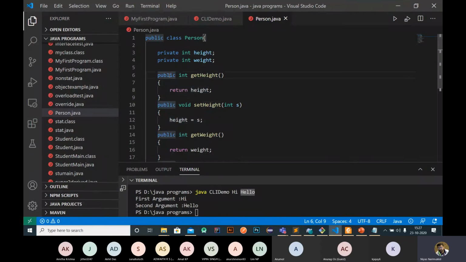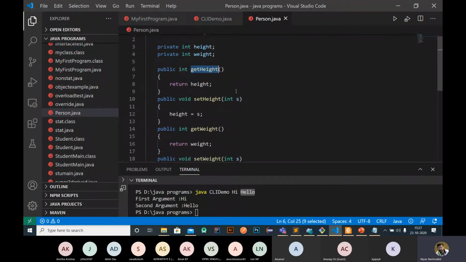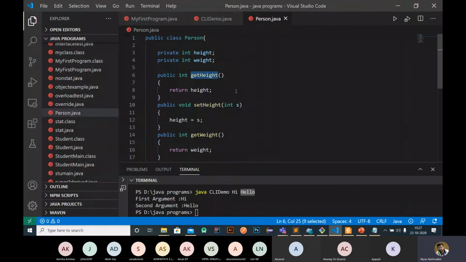One method is for getting the value of the variable, and another method is for setting the value. Setting means we assign some value to the variable. For that we use set height, and to get the height we use get height, like this. Okay, so this is our class person. Now I will create another file.